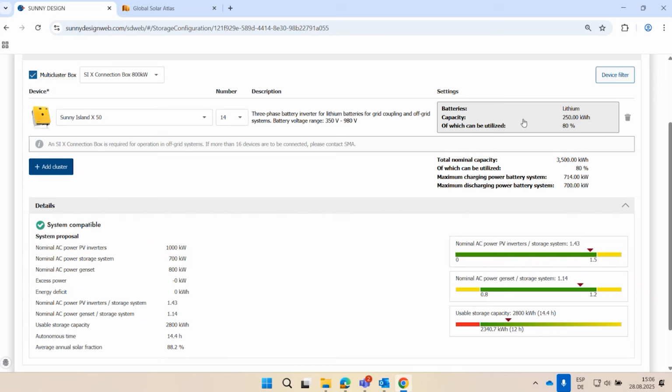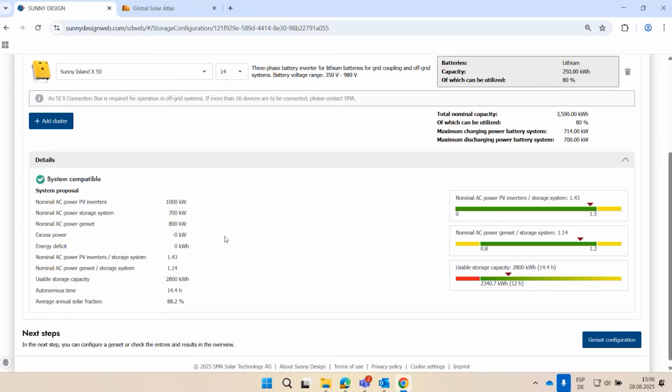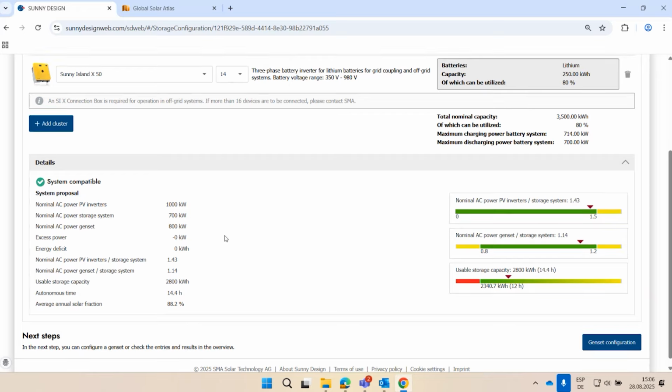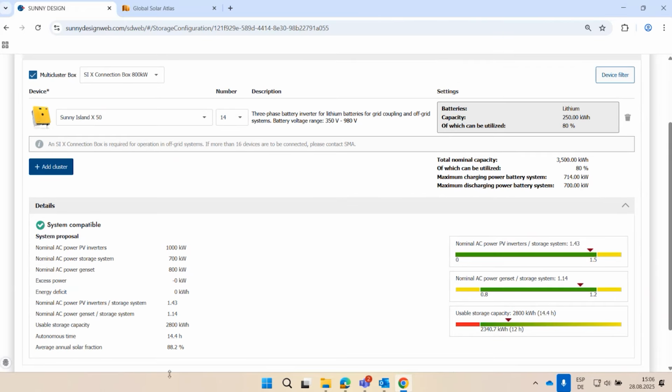So my recommendation is always between a minimum of 2 hours, which means 2 times the nominal power of the Sunny Island, 100 kilowatt hours, and a maximum of 350 kilowatt hours. So between these values makes sense. If you need more capacity, just add Sunny Islands, because it is better for the battery to keep it working in full cycles. So here now I can decide whether to increase the battery or not.